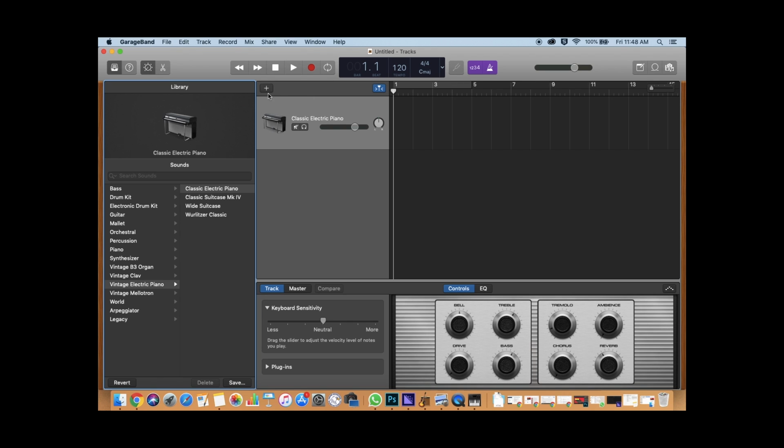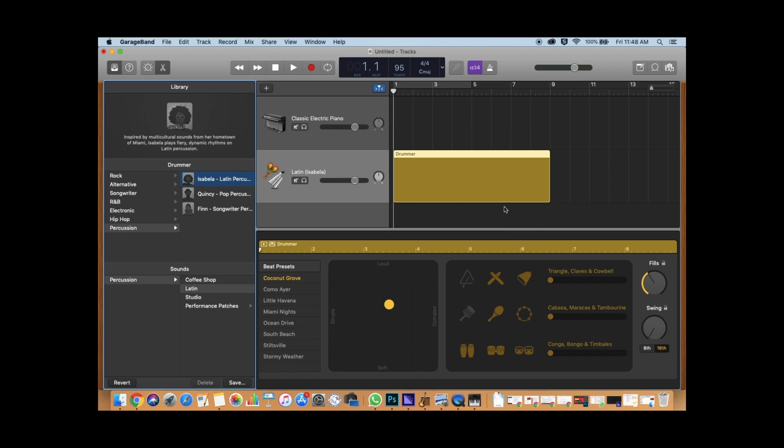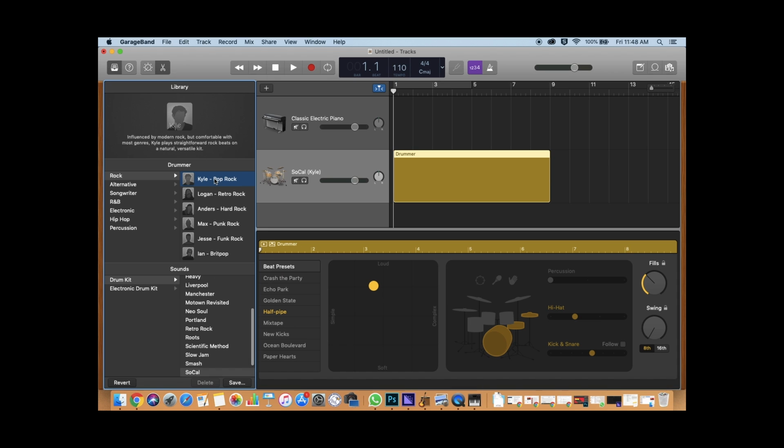And I'm going to hit the plus sign here, which adds a new track. And you're going to hit on Drummer. So this drummer track will give you a whole lot of presets that you can select from. It depends on the genre of music that you'd like to play. Will it be rock, alternative, or anything that is on here. So, for example, if you click on Kyle Pop Rock,